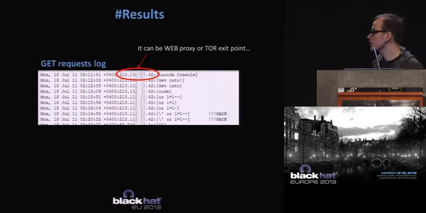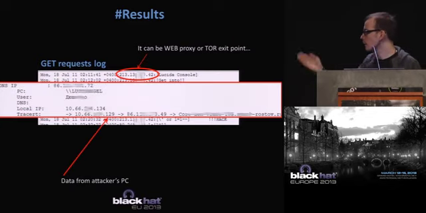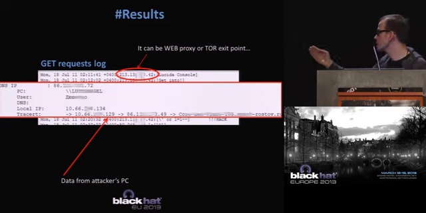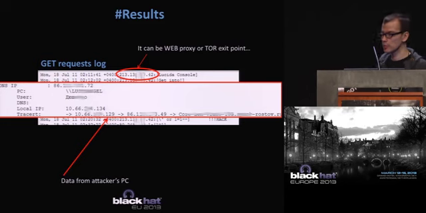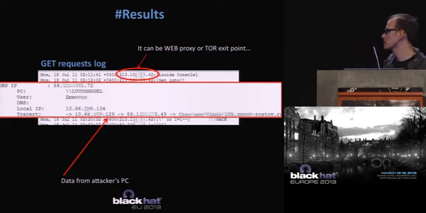and yes, this IP address can be a web proxy or Tor exit point, I don't know. We can't trust it. But when he ran the Java applet, we got more information, like his PC name, username, local IP address, and traceroute. And you can see he's from Rostov, it's a city in Russia, so we have a real position, and we can contact his ISP and ask, can you please break his legs for us? Something like that. And you see the username can always be a second name, like personal information. So